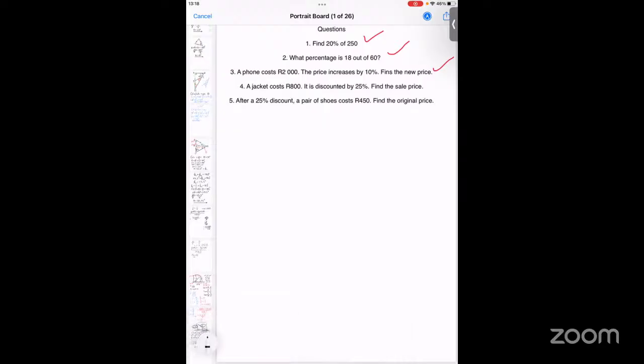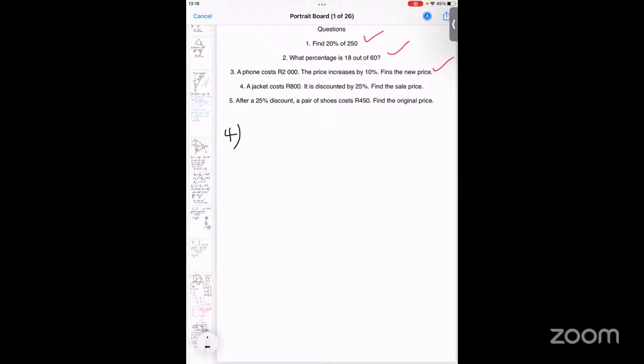Okay, then it's fine. Let's move on to problem number 4, where they say a jacket costs 800. So it is discounted by 25%. Find the new price. Okay, but it looks like we're just doing the opposite of what we did, because